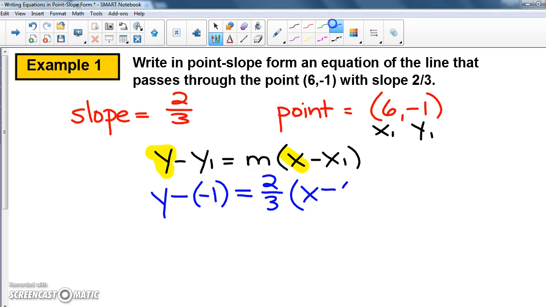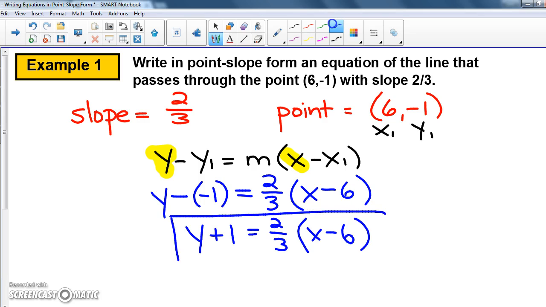That's a minus 6. And that's it. You're done. And if you look over here on the side, there's one more thing you can do just to make this look a little neater. Actually, y minus negative 1, we can put y plus 1. You don't always have to do that, because sometimes you don't have a negative, so there's nothing to simplify, but in this one you can. Okay, so that's our answer. All we did